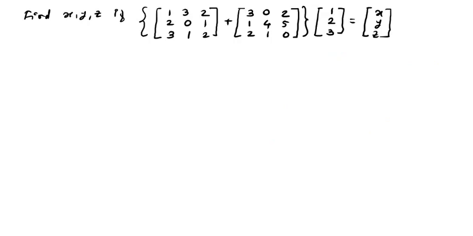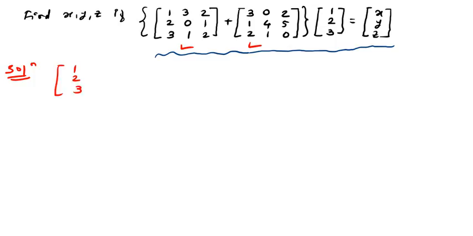Okay, now the question is to find the values for x, y, z, if this relation is given to us. So firstly, in the given relation we need to find the values for x, y, z. What we will do first is take this addition first. It is an addition of